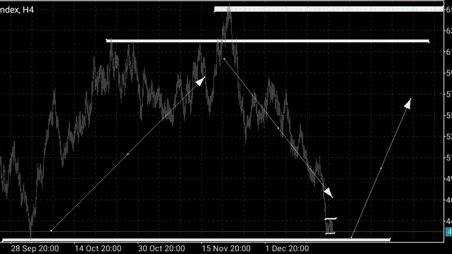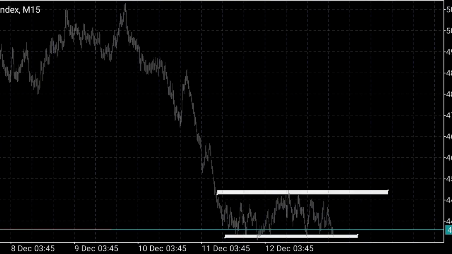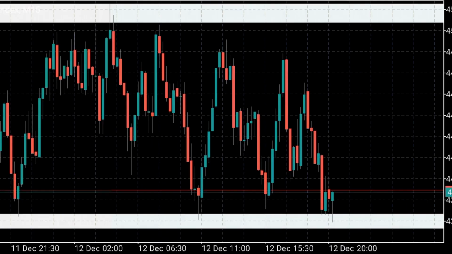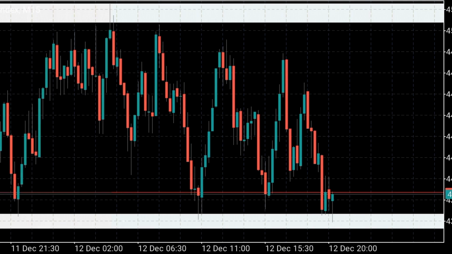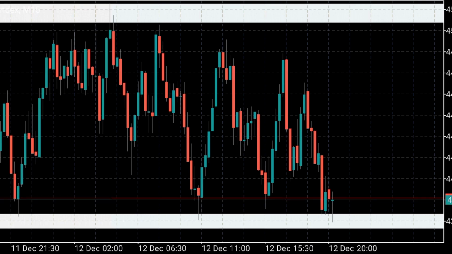Okay, let me just reduce these ones. Let me delete these ones so that we have a better view of the market. So like it's stipulated before, we are trapped within a consolidation level. So it's still touching on the lower side, going on the upper side like that. It's just a consolidation level that is not very much advisable to trade within. Let's look at